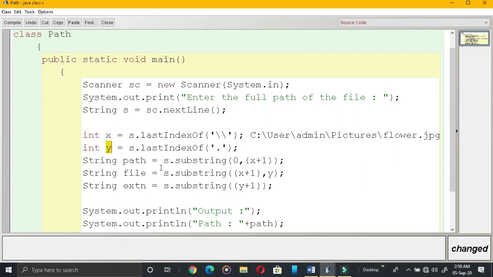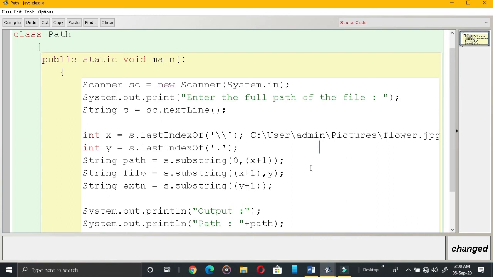Is it clear? Now string path is equal to s.substring(0, x+1). I need to get the path, so I am getting this substring using this function, s.substring starting from 0 to X plus 1. When you give two ranges, the character at the ending index won't be included.